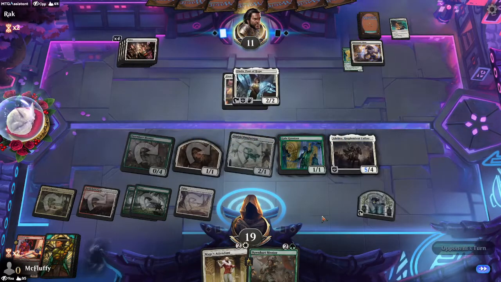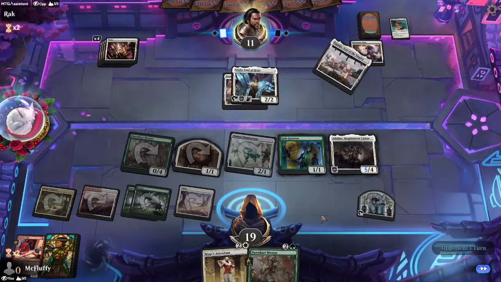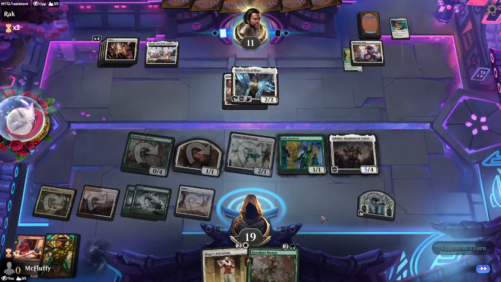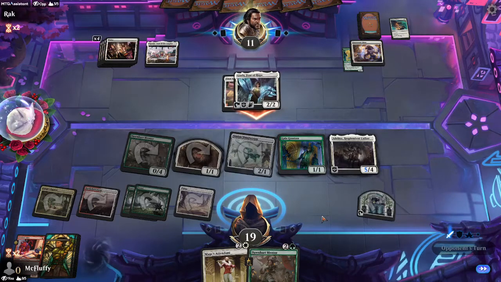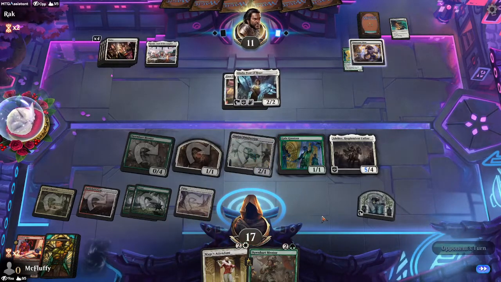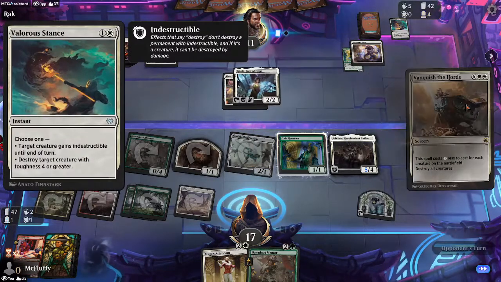Those blocks make sense. We're whittling away at their health. Adeline is going to be a pretty big threat next turn. If we draw a Kayla's Reconstruction, though, I think we just win. Because Adeline, unless he has a response to Adeline, which he could have another Valor Stance, which destroys creatures with...